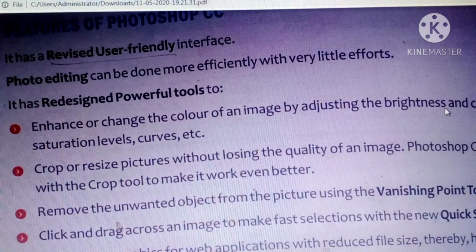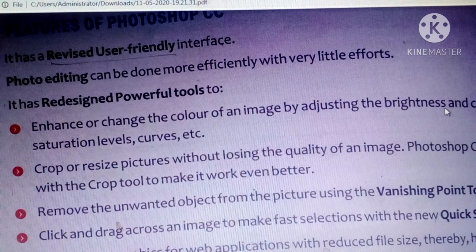It's not difficult for you to understand. In one go you can understand the software very easily. So it is known as a user-friendly interface, and it is revised day to day. इसके features change होते रहते हैं. New advanced version जब भी Photoshop का आता है, you will have some new features in this Photoshop.